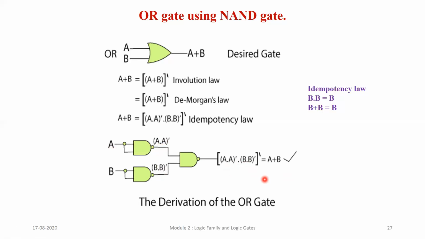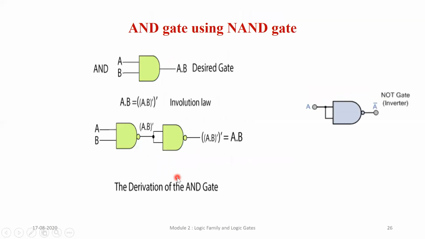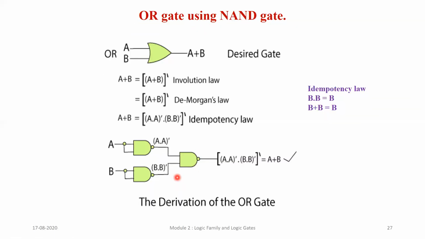The only tip that I will give you is remember, if it is an OR gate, first invert it. So individual ICs, and I will require more number of ICs. See, this one needed 3, all the others needed 2 or 1. Okay, because this is a totally different relation which we are trying to prove. Same thing you will remember when you are doing it with the NOR gate.